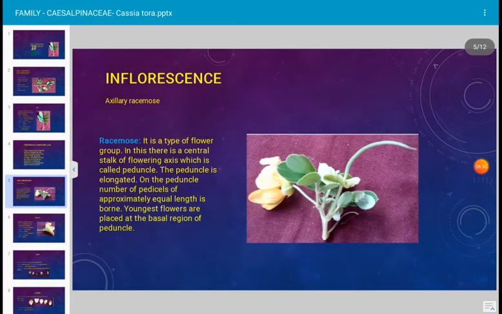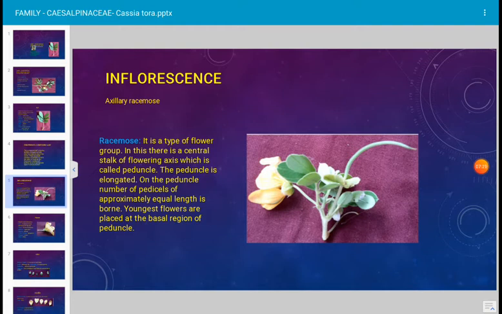Next, this photograph is the inflorescence of Cassia tora, family Cisalpinaceae. Inflorescence is axillary raceme type of inflorescence. And what is racemose type of inflorescence? It is a type of flower group. In this, there is a central stalk of flowering axis which is called peduncle. The peduncle is elongated. On the peduncle, a number of pedicels of approximately equal length are borne,